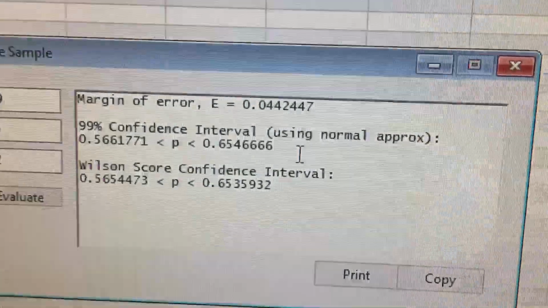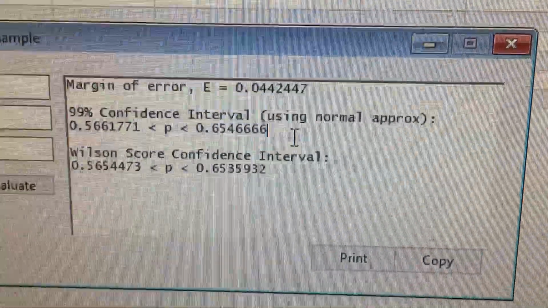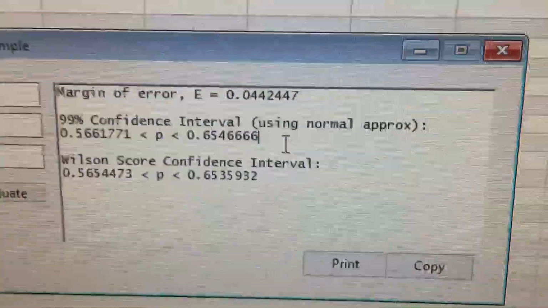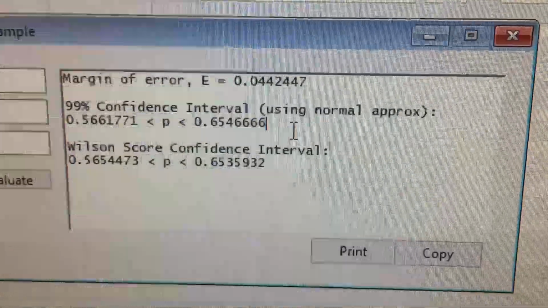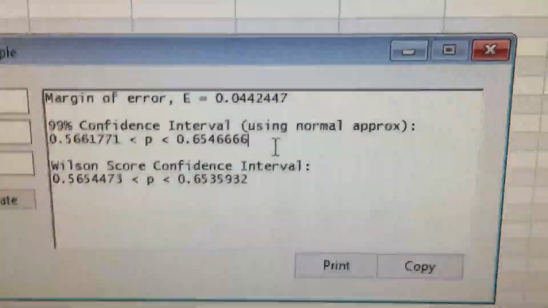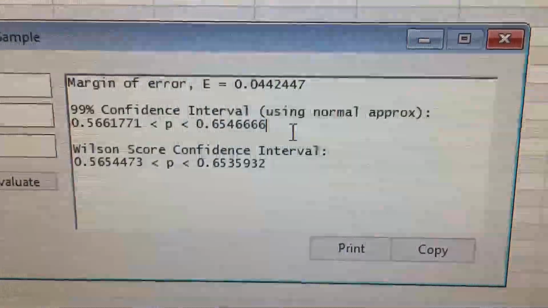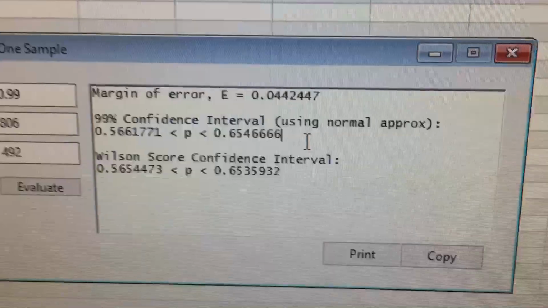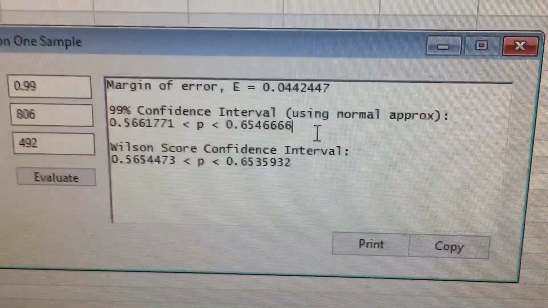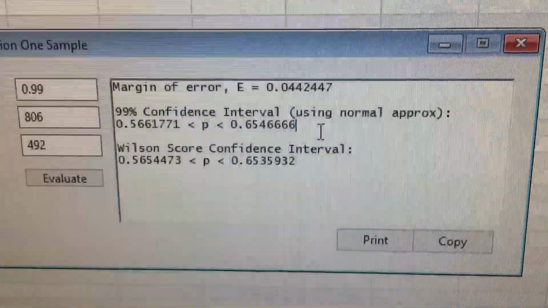Where it says 99% confidence interval using normal approximation, that's 0.5661771 is less than p and less than 0.6546666. Of course, we round to 3 decimal places. That's going to be, in this case, 0.566 less than p, and less than